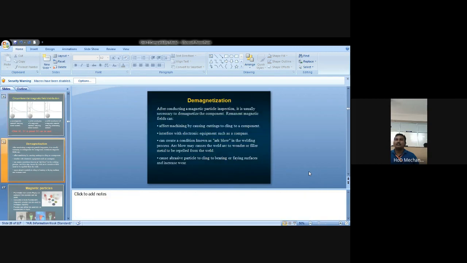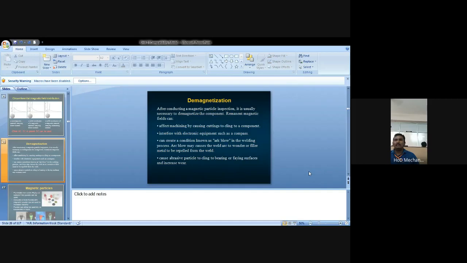So, demagnetization. If we are testing the working specimen by using the magnetization method, we have to demagnetize the testing specimen. After conducting a magnetic particle inspection, it is usually necessary to demagnetize the component, and the remnant magnetic field can